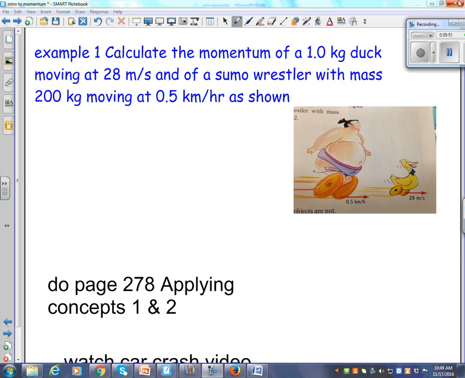Organization and keeping track of things is paramount, key. Paramount means like super important. And it's more just about keeping your stuff organized, which is why I've been building you up to this point. So we're going to write momentum of the duck, P_D, is going to be equal to mass of the duck times velocity of the duck. It's just P equals mv,